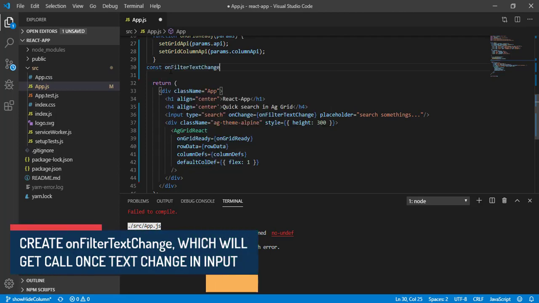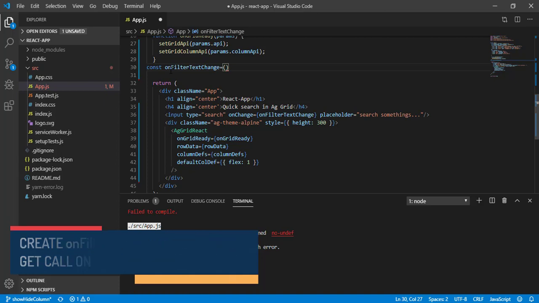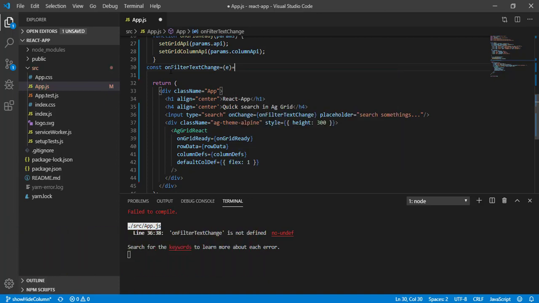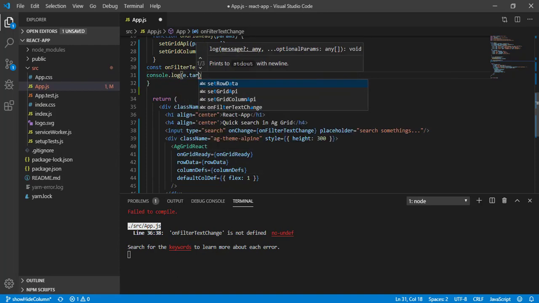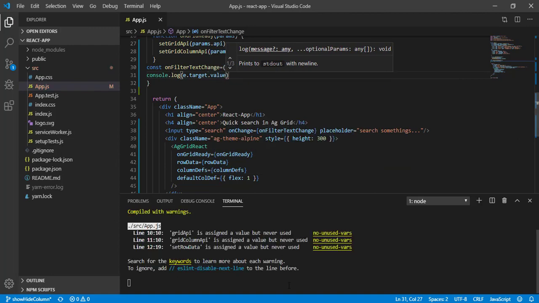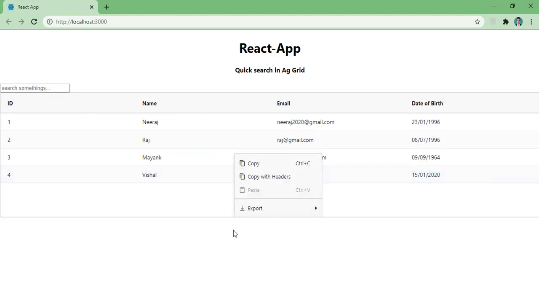So const, and this function is going to give me the entered value, so I can say event. Now what I will do is print the value. So let's write console.log and do event.target.value.